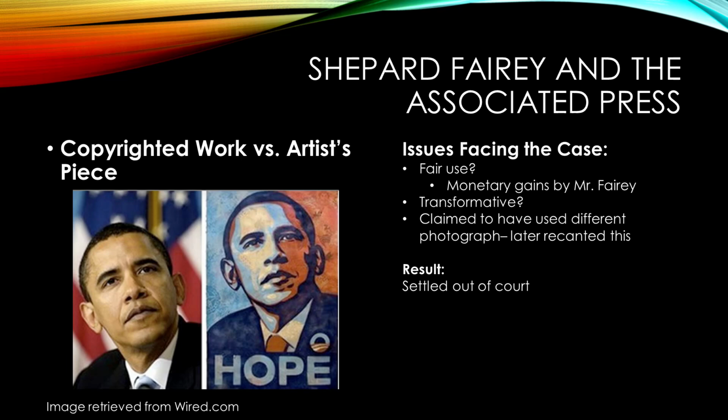Also, he claimed to have used a different photograph when creating his work, but he later recanted this in court. And it was discovered by facial recognition software to be the same photo. The Associated Press and Mr. FAIREY ultimately settled this dispute out of court, but the question remains, if FAIREY's image wasn't so profitable, and if